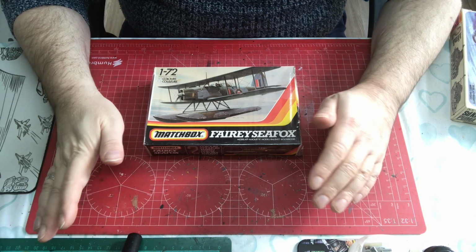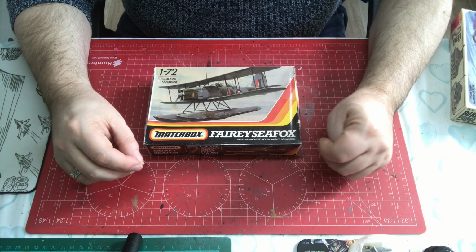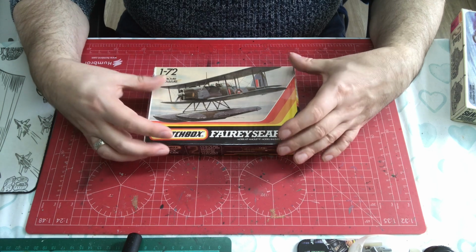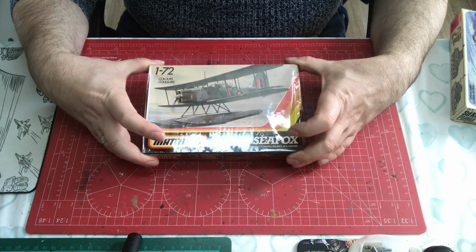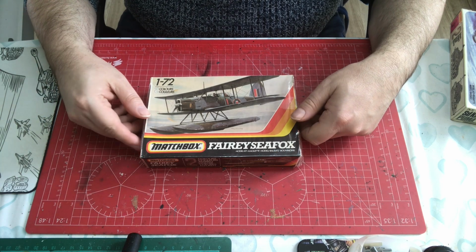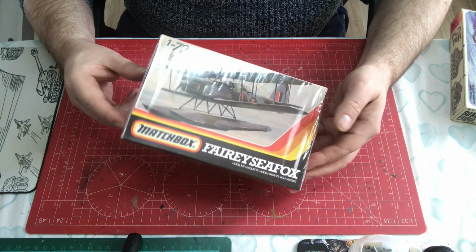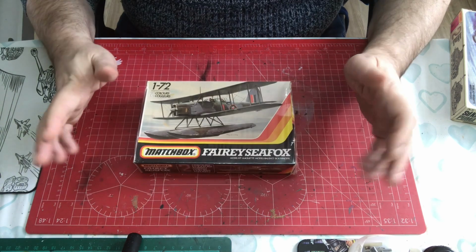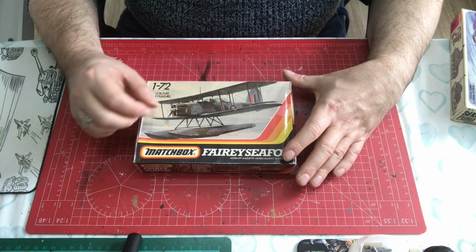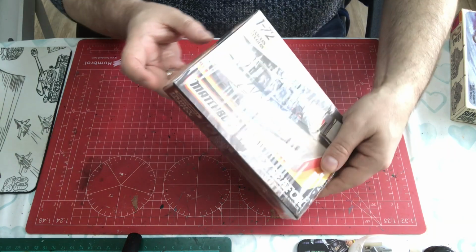Now, if you know anything about the history of Matchbox, you will know the one or two tips for dating their kits. This was a brand new tool in 1983, so this was new on the market when I first got it. And in fact, this is a 1983 version. As you can see, it's still in its cellophane. It's never been opened since it left the factory, which is a real crime, and we're going to solve that in a minute. So I know this is a 1983 one because of the part code,